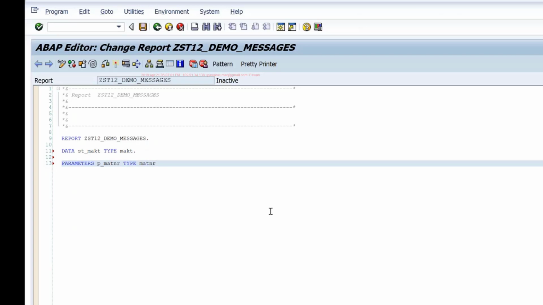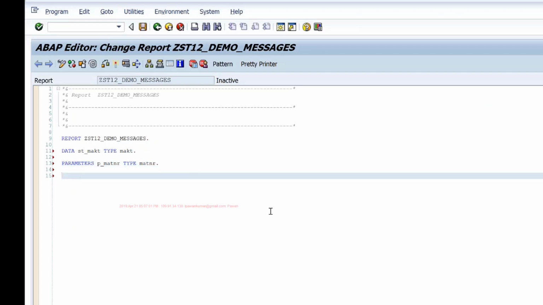Whatever the user inputs, like here we are providing an option for the user to input a material number, and once he inputs and executes our program, we want to first validate whether he has entered a correct material number. What is the correct material number? Any material that exists in the MARA table, because MARA is the material master table. All the materials should be maintained in the system first, and the user can only run this report using one of those materials. We can validate whether a material is valid by checking whether it exists in the material master table MARA.